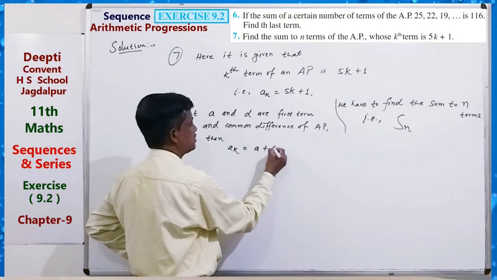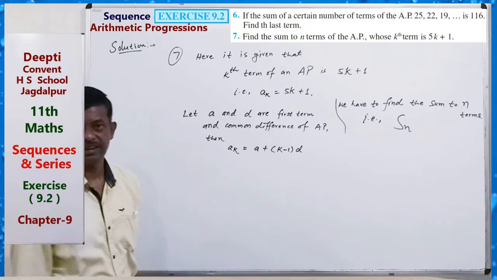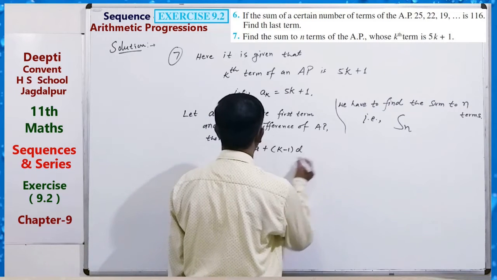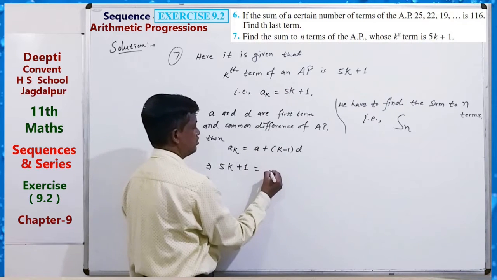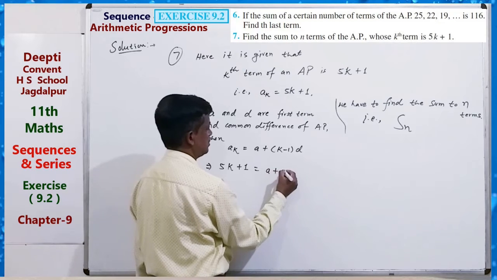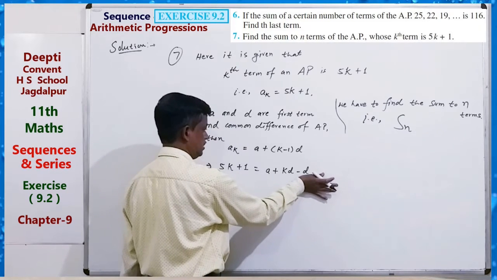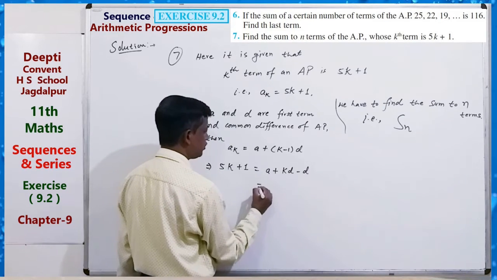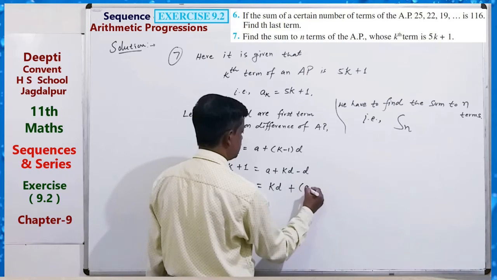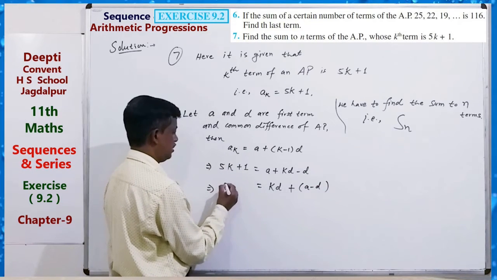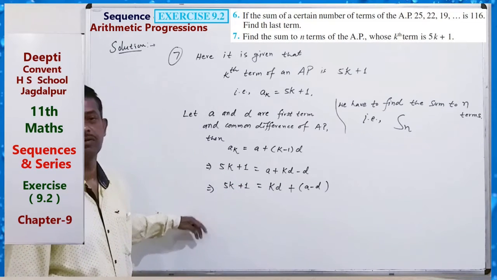Ak equals A plus (k minus 1) into D, the kth term, and this is given as 5k plus 1. So Ak equals A plus kD minus D, that is, we can write it as kD plus A minus D equals 5k plus 1. So comparing on both sides the coefficient of k,